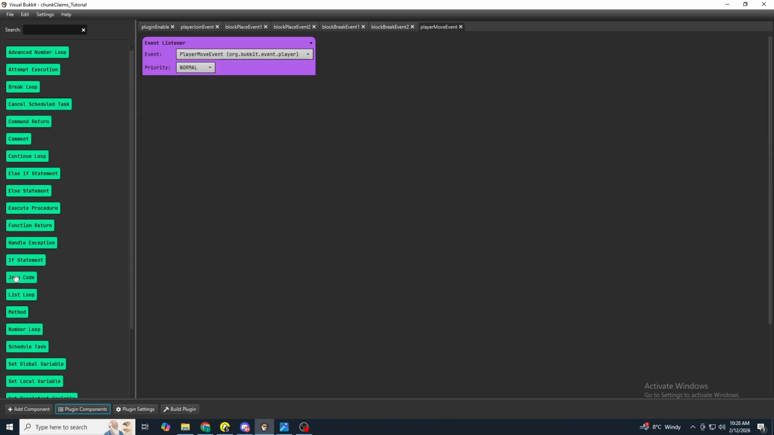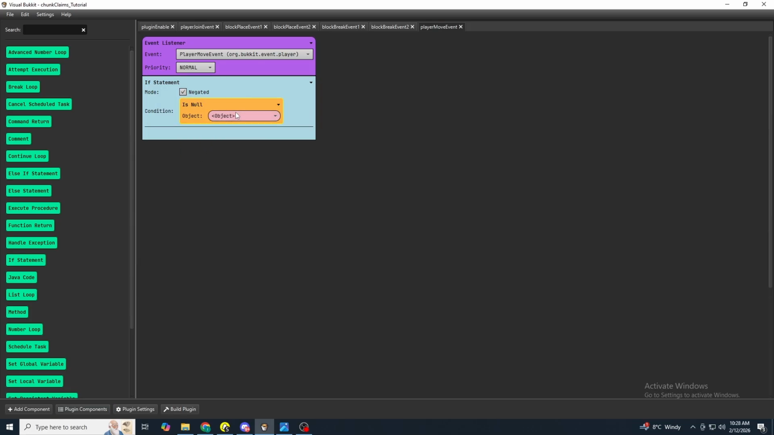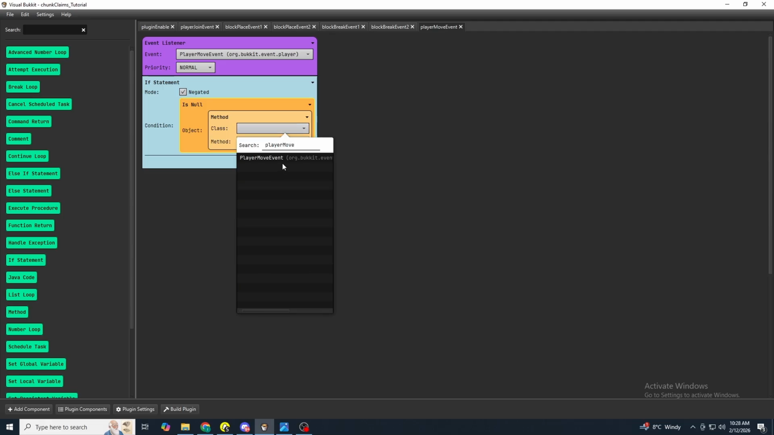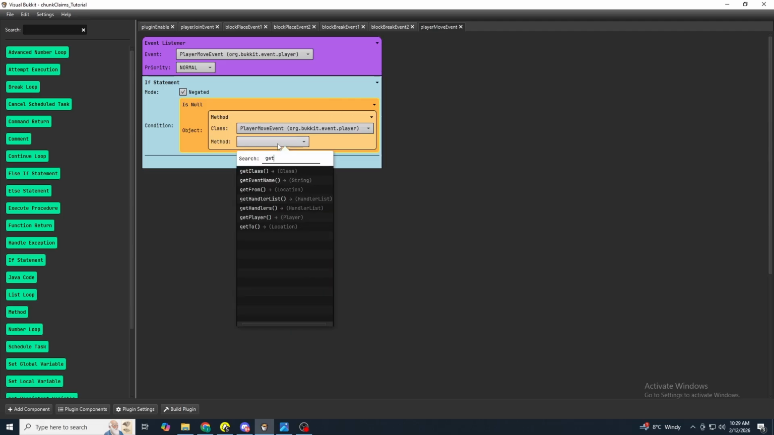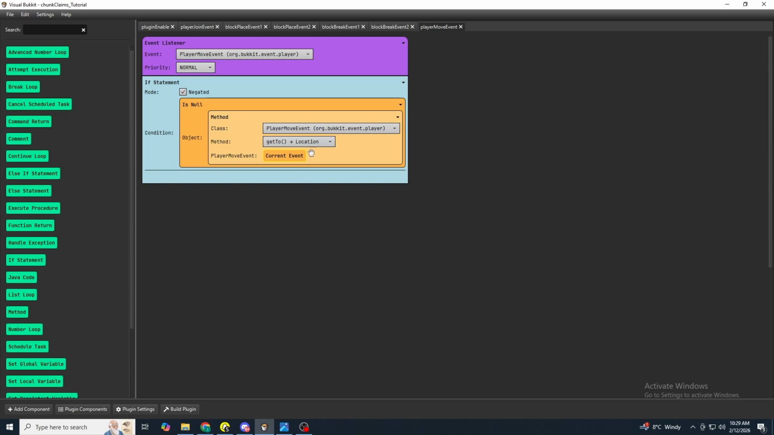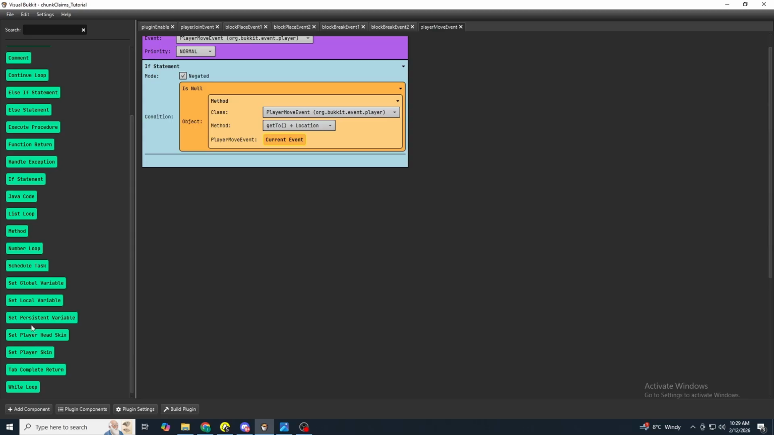And we're going to say an if statement right away. And negate it. Set it to is null. And we are going to insert a method here. That is PlayerMoveEvent. And we're going to say get to location. And we're going to say from the current event. So if we moved to a new chunk, then it'll run this next code, which will be